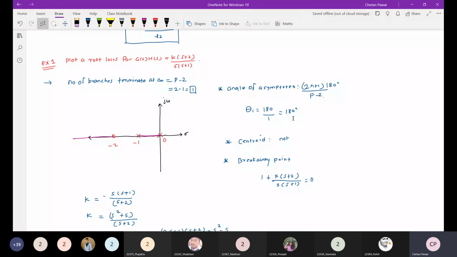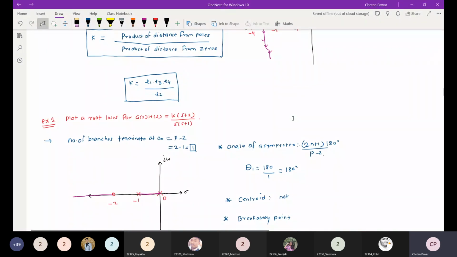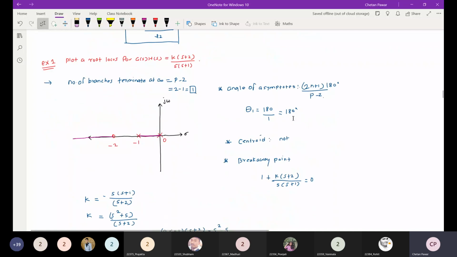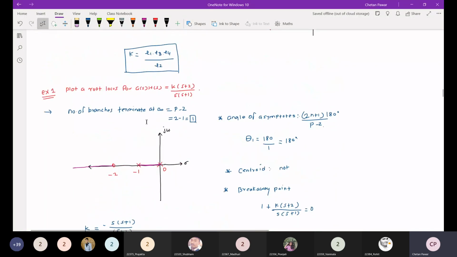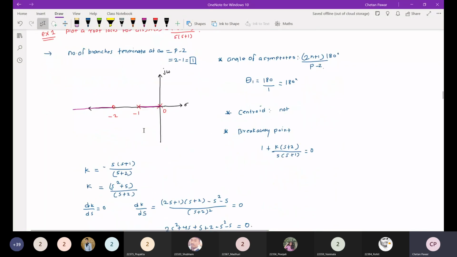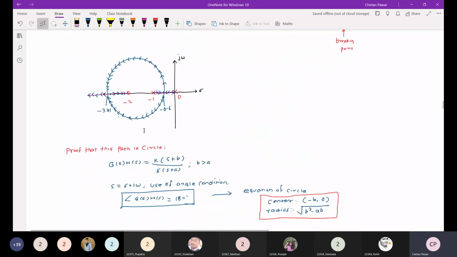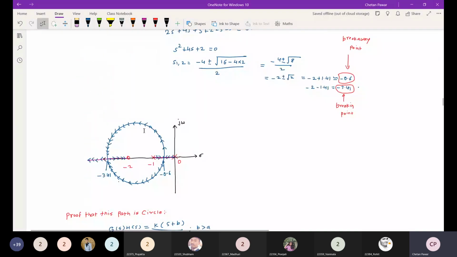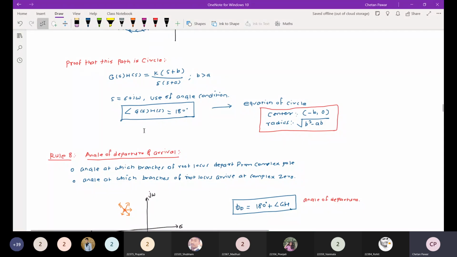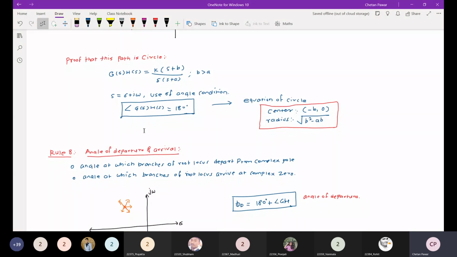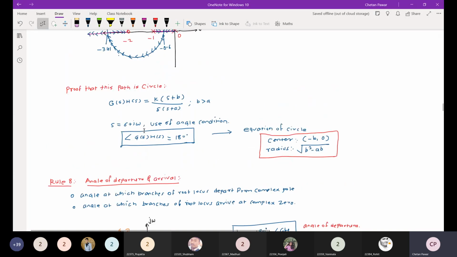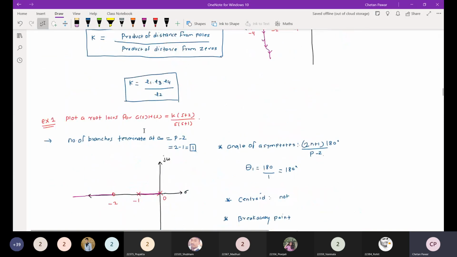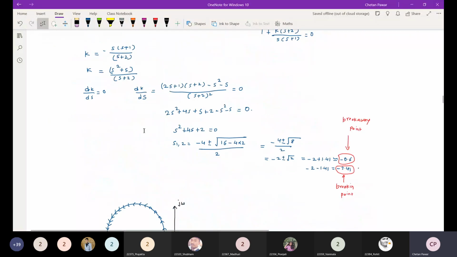Okay. So you know how to draw the root locus and all the methods. You can just apply that to any transfer function, and you can draw the root locus. So that example I have solved, the same I have written here. Only one rule is remaining: angle of departure and angle of arrival. We will see that example when I share the notes with you, you can refer to it. The simple example that is.